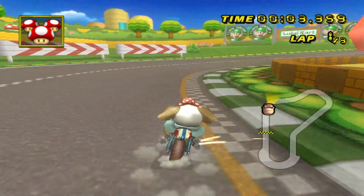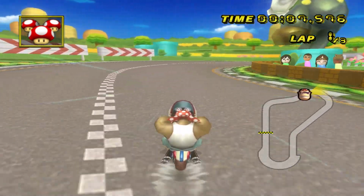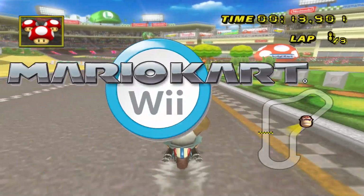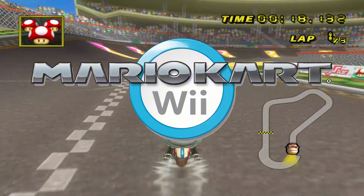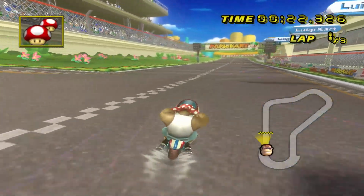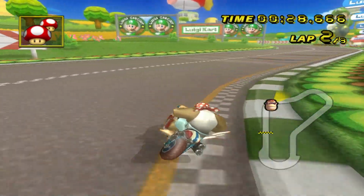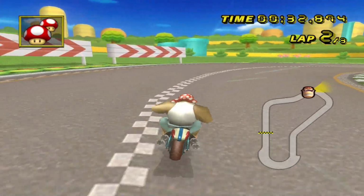But how much detail has been put in Mario Kart Wii? Yeah, sure, you can drive through it at blazing fast speeds, but what else is there? Well, in this video, I'm going to be figuring that one out. There are so many tiny little itty-bitty things that you can find. All these small details that are completely overlooked because it's a racing game. You're supposed to go fast, so of course, some things are going to end up overlooked. And there's no better place to start this video than with the power of...